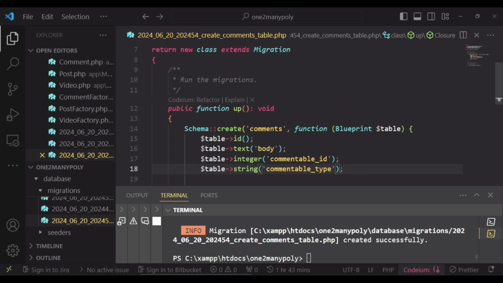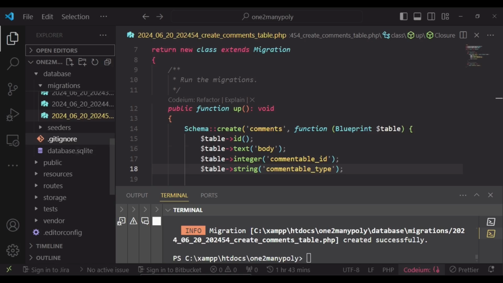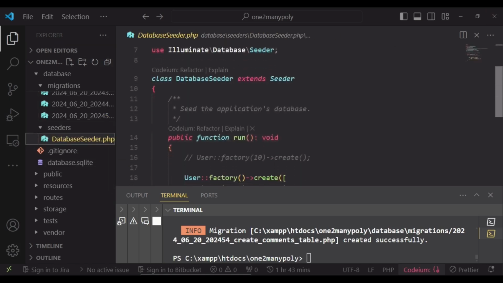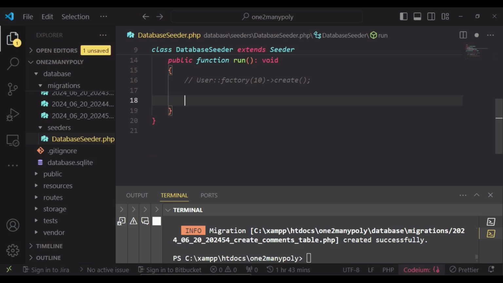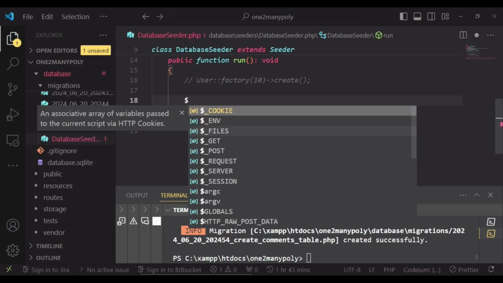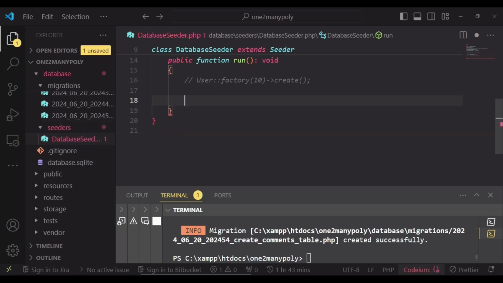Now, after doing that, I would like us to try and create some seeders. And so we are going to go to our database seeder and then create the functions that seed our database for those things that you have created. And so the first thing that I would like us to do is get the video. So for us, we will have video factory create, and then we can create maybe 10 videos,